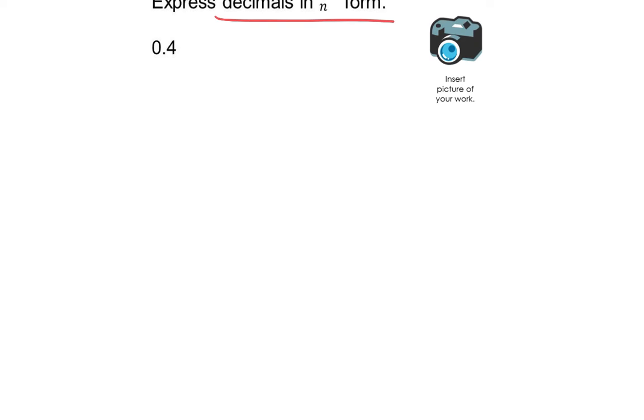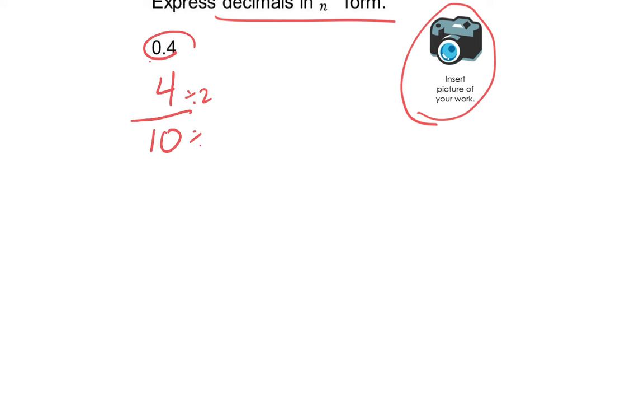All right, express a decimal in m over n form. Okay, you could insert a text box because this one you don't need to do any math for. I just thought insert a picture because it would be easier to write your fraction. But if you want to insert a text box, you can. So this is written, how do you read it? 4/10. So as a decimal or as a fraction, it's 4/10. But then you need to reduce it. So if you wanted to take a picture of it, great. If you didn't, you can just insert your text box